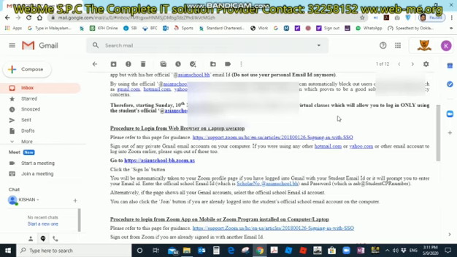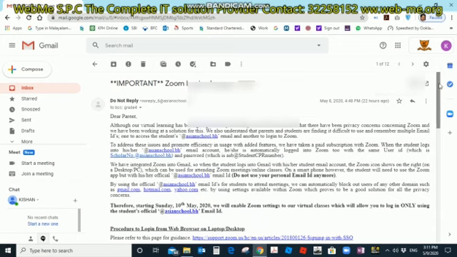And next, you need a photo of the student in school uniform. You need that photo on the computer or mobile device on which you are doing this process. Okay, I will be covering this in two parts. The first part is completing the student's account properly, and the second part is logging in to the Zoom account using the Gmail account provided by the school. So let's go to the first part.